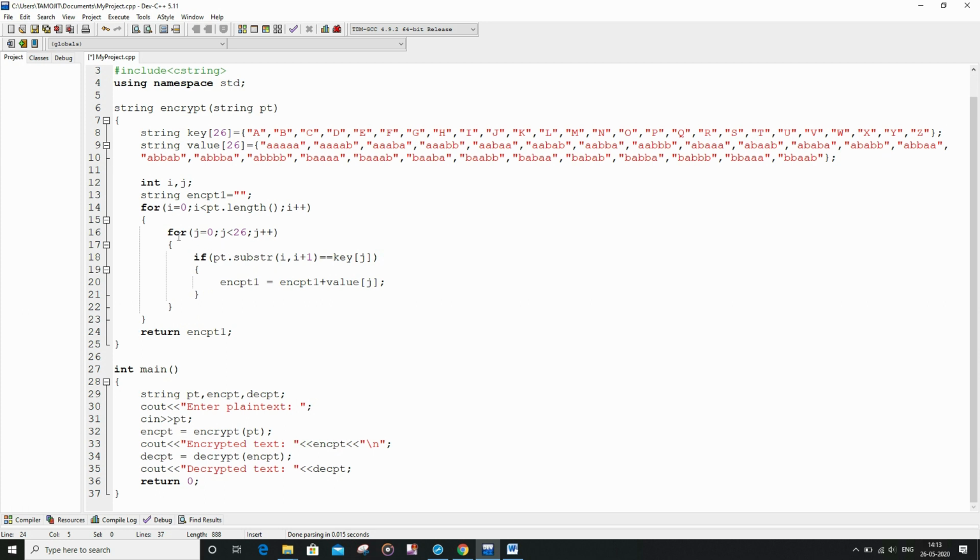So what is the basic meaning of this nested for loop? So basically, first of all, we are going to traverse the whole length of the pt or plain text string character by character. So we are going to run the outer for loop as many times as the number of characters present in the plain text. So suppose we have a plain text string variable of 2 characters, so it is going to run 2 times, and for each of the times we are going to run the inner for loop,